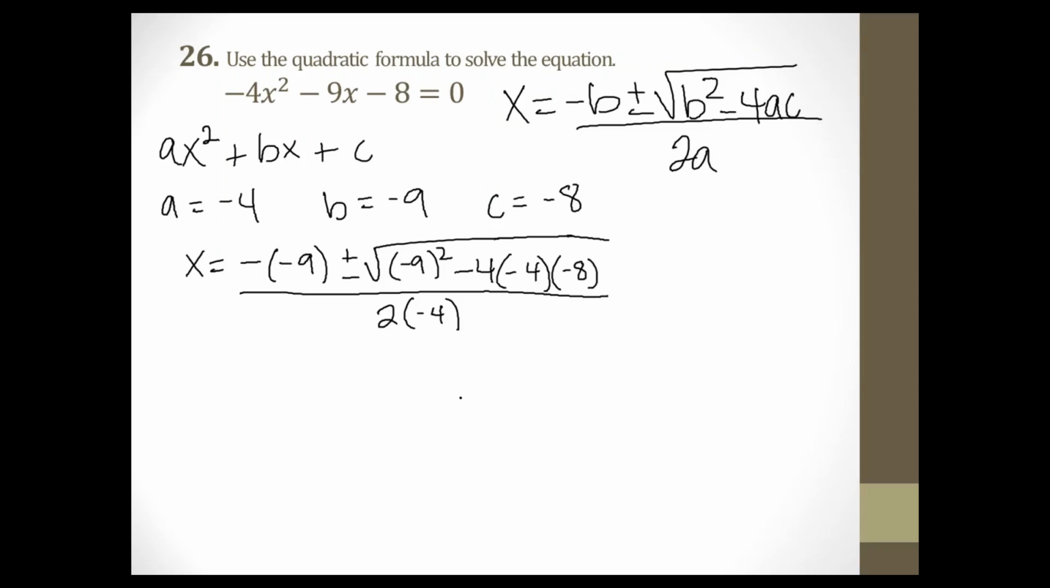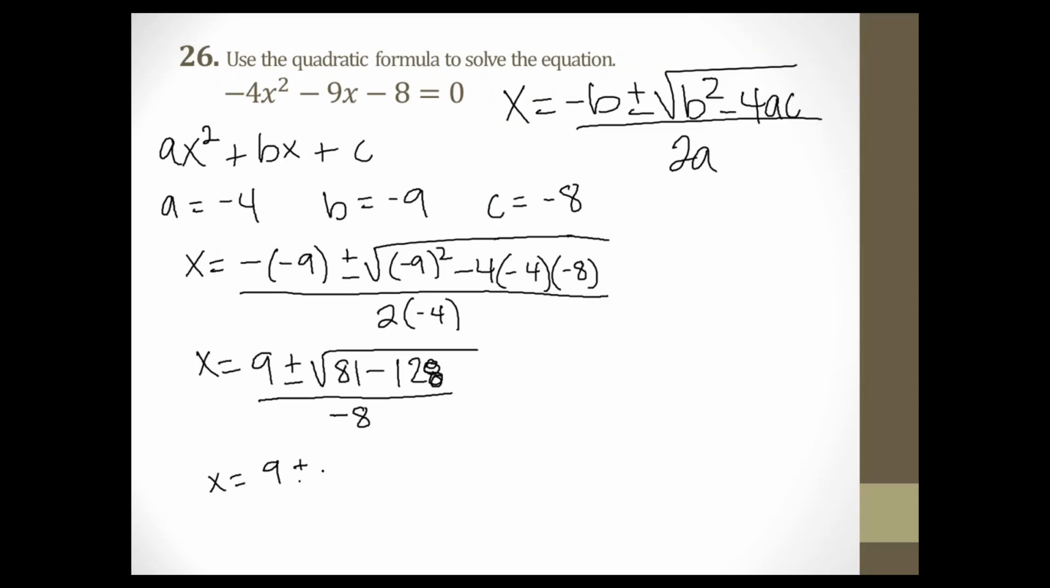So just take your time and write everything out. So let's clean this up a bit. Negative times negative 9 is positive 9 plus or minus the square root of negative 9 squared, which is 81. And then negative 4 times negative 4 times negative 8 is going to give me a negative 128. And then that's going to be divided by 2 times negative 4, which is negative 8. So then that's x equals 9 plus or minus the square root of 81 minus 128, which is negative 47, divided